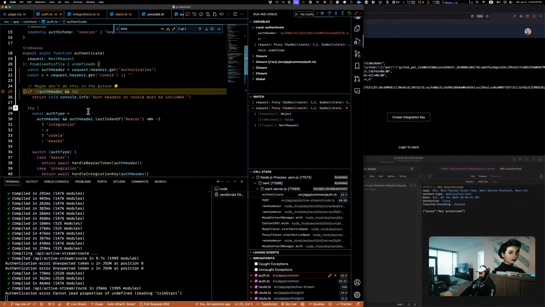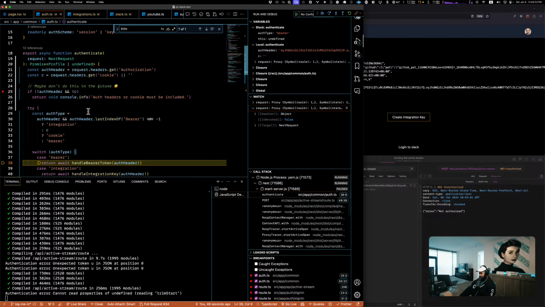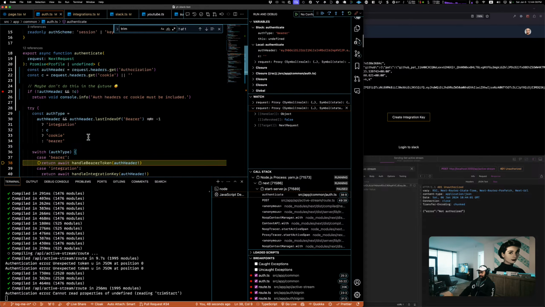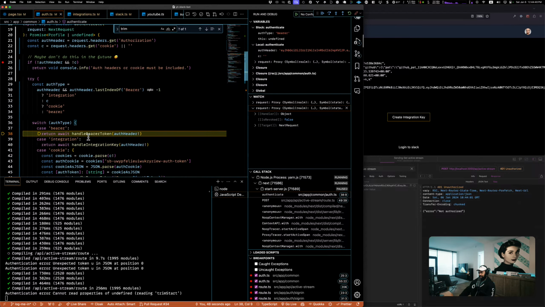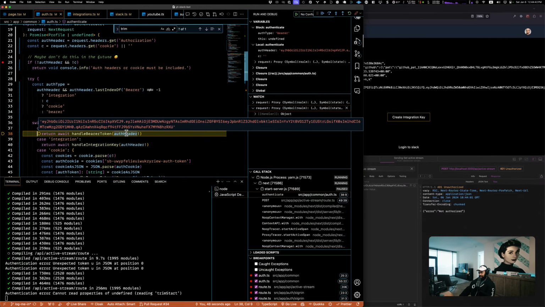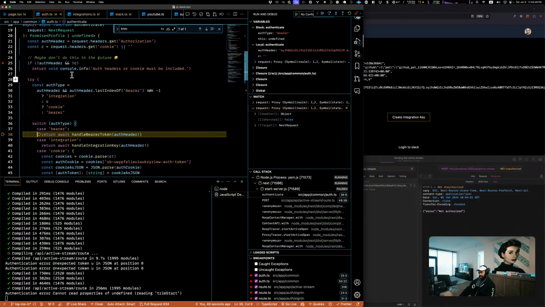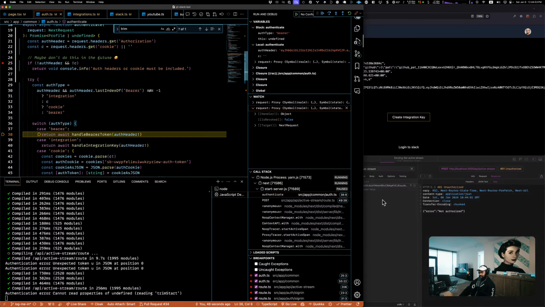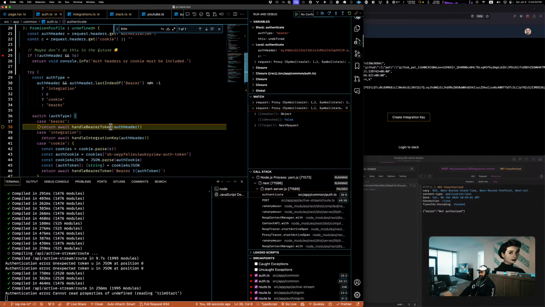All right, so we're gonna just do all of these. And then, wait, is this bearer token? No, this isn't bearer. This is still wrong, I think. Auth header. Yeah, I think this should be integration. That's what this should be.